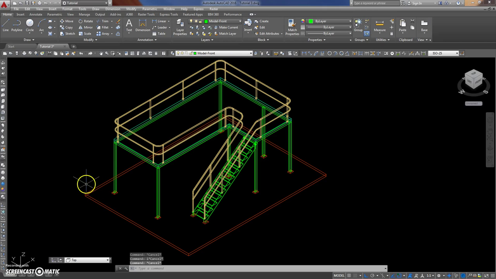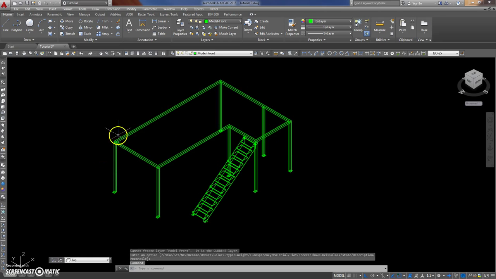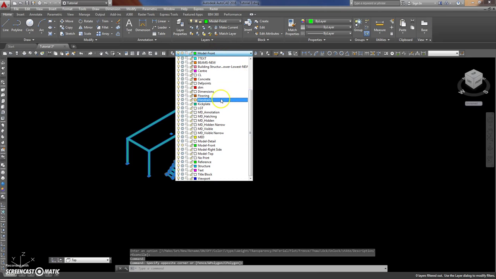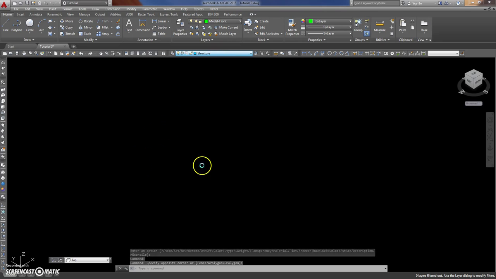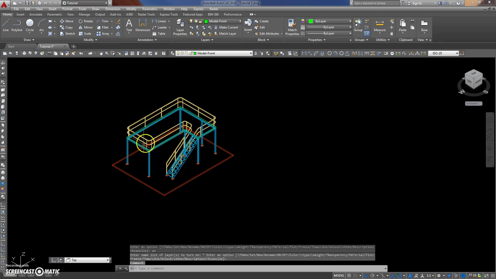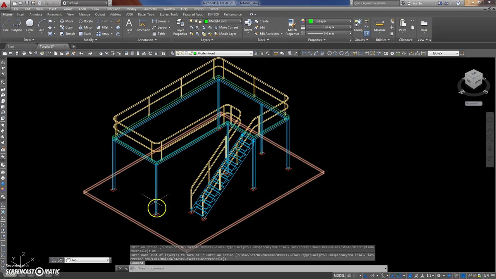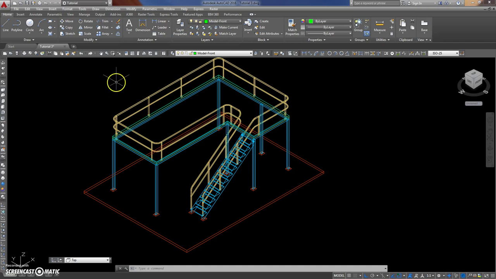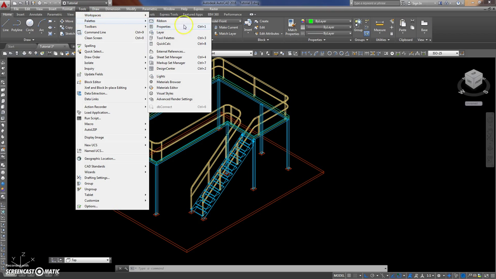I have a command called isolate layer. You could always download such a thing. That there was supposed to be structure. So we've gone blue, that's fine. So that's all looking nice. Now we're going to assign some materials to it. So we go up to Tools, Palettes, Materials Browser,